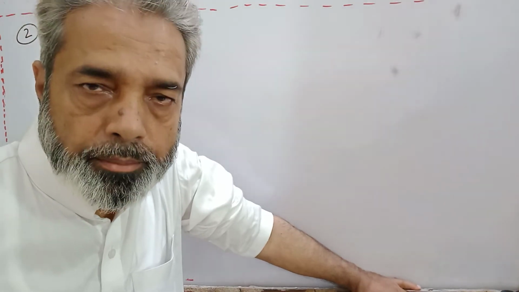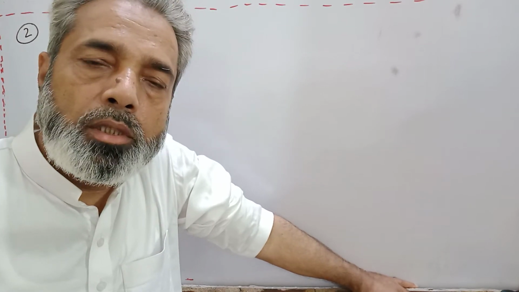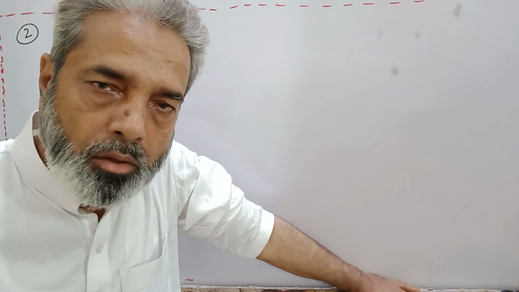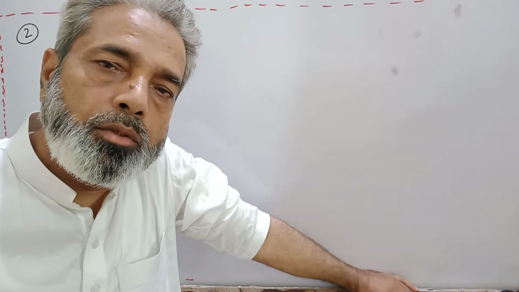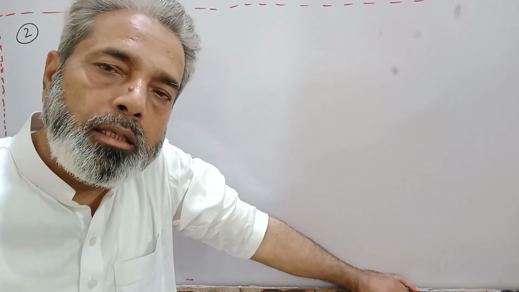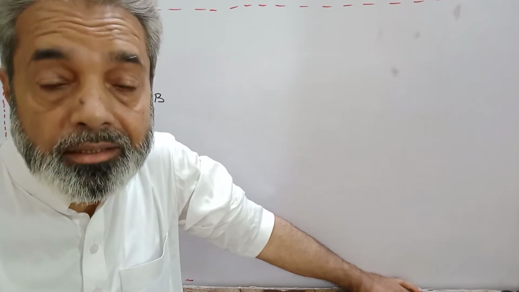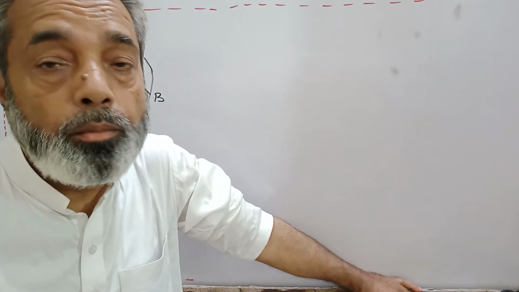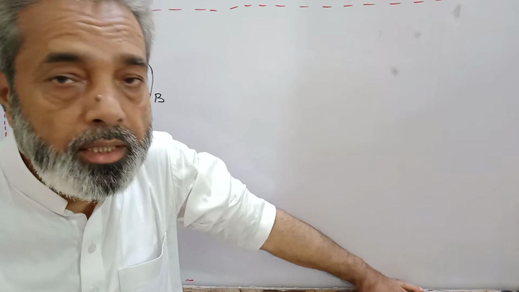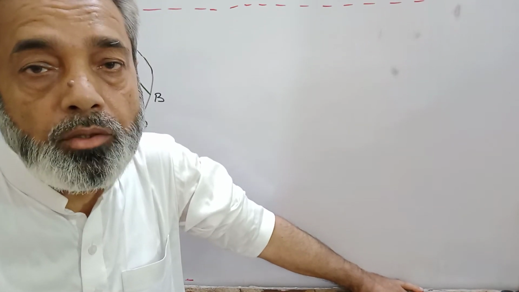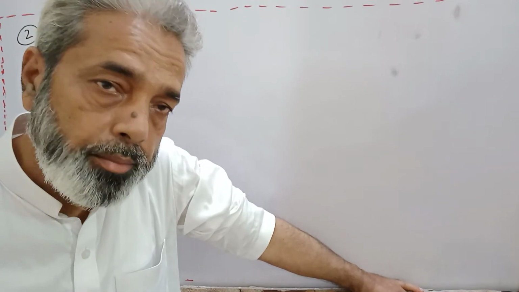Before this video, I talked about the first property of the angular properties of the circle: the perpendicular drawn from the center of the circle to the chord bisects the chord. When we draw the perpendicular from the vertical angle, it bisects the chord as well as the vertical angle AOB. That angle converts into two equal angles, and the base AB, that is the chord, divides into two equal parts, AE and BE.